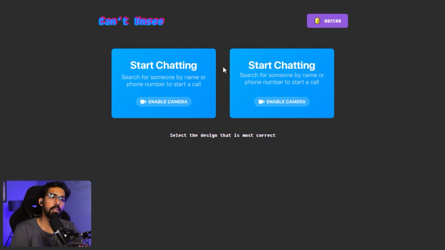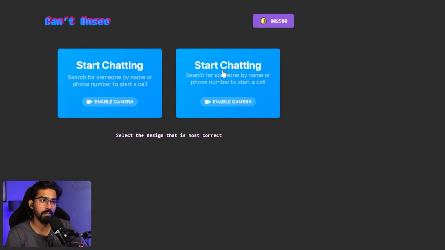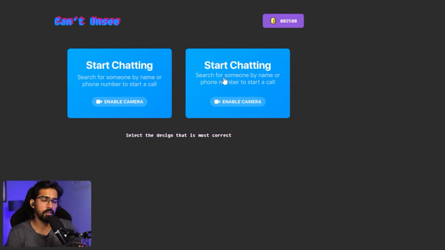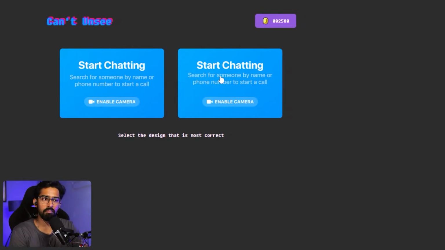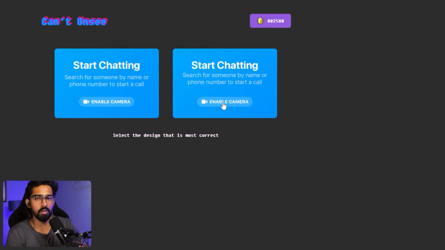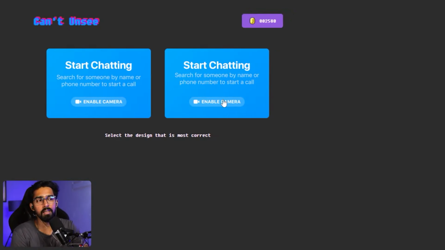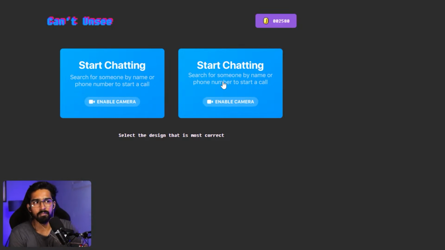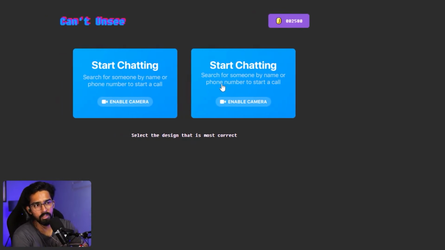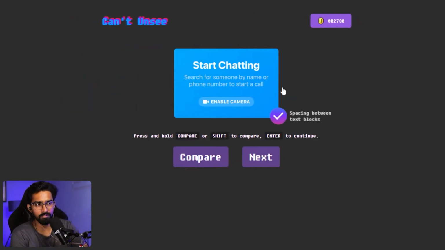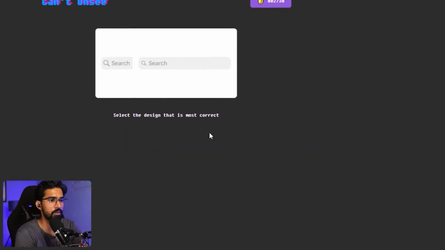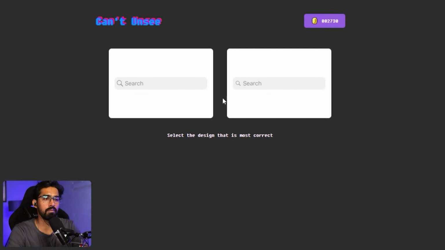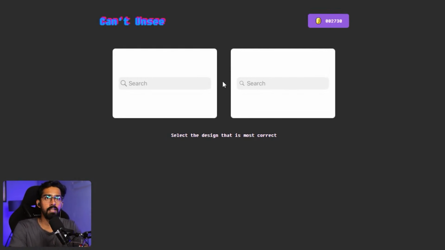Superb. So here, if we see, the spacing between the header and the subtext is okay. The spacing works if there is nothing on the bottom. But since there is a button on the bottom, the spacing looks uneven. So this is wrong and this is right. Spacing between the text blocks. Okay, this is also very simple. Let's see who will answer.